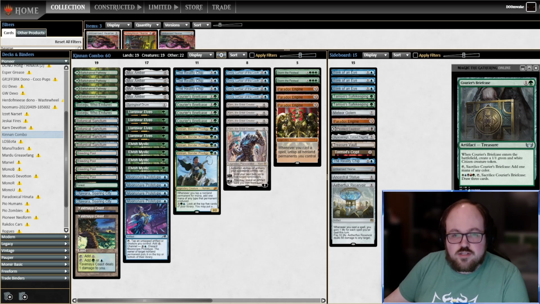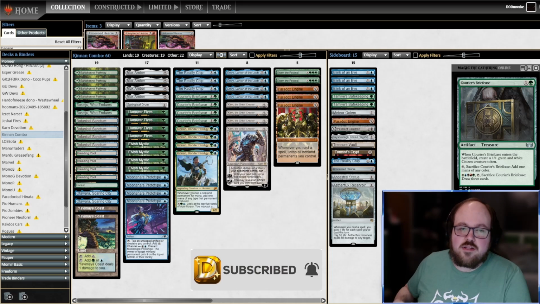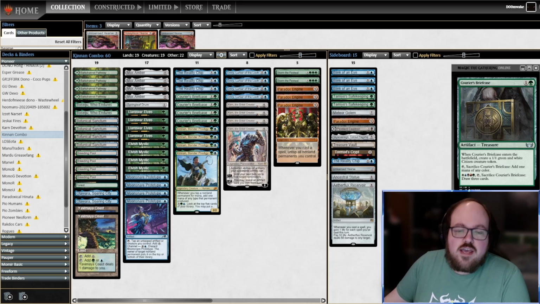We got some more Streets of New Capenna cards coming at you, but maybe not the one that you're expecting. This is a deck list coming to you from the top 32 of the most recent Pioneer Challenge, and this is a Kinnan combo deck. Maybe this is the new combo deck. Well, there's already a lot of combo decks in Pioneer, but this is definitely a sweet one,